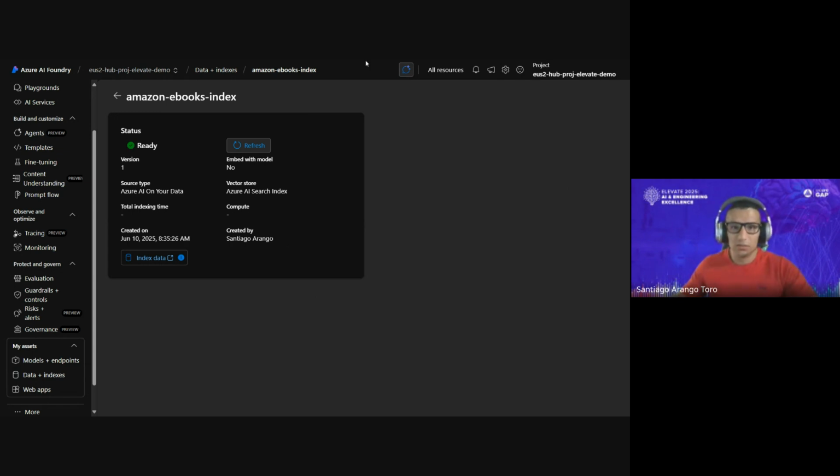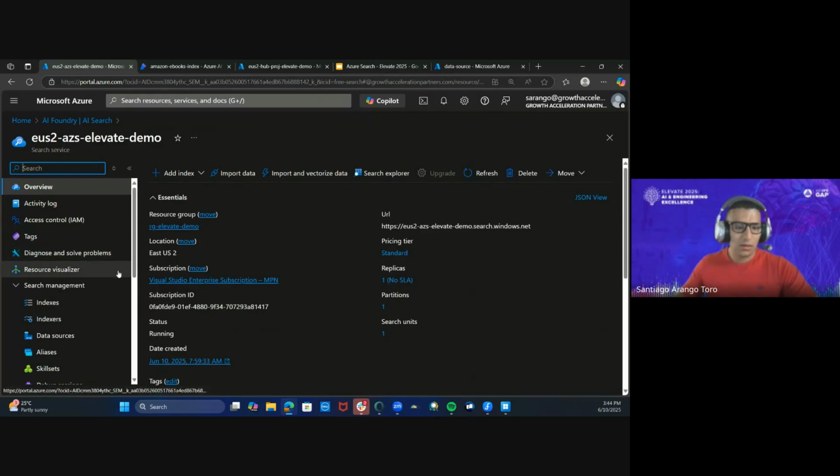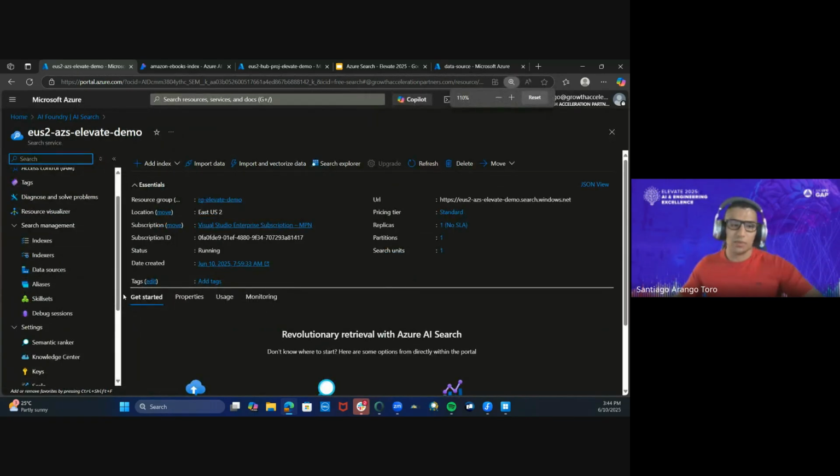But now if I go back into the Azure Search, I want to mention a couple of things that are worth mentioning. Azure Search is going to give you a couple of capabilities. The creation that we did in the Azure AI Foundry is very straightforward and pre-made in order to easily extract information from PDF, text files, Word documents and things like that. But if you want to work in more advanced scenarios like pre-processing CSV files, maybe extracting information from images, or even creating custom jobs to do some particular actions,